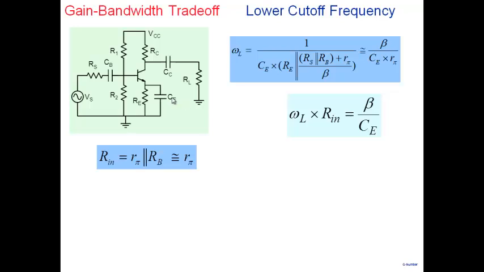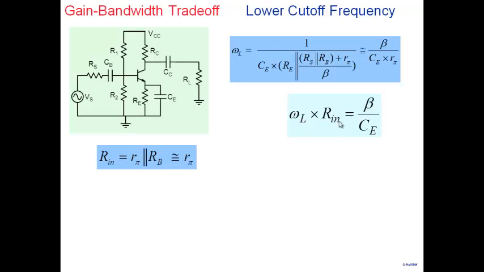We are saying there's an upper limit to how large a CE you will use, because the larger capacitors become bulky, and you don't want to use 1,000 microfarad. It's a huge capacitor, you don't want to do that. So there's an upper limit on CE. Whatever that upper limit is for you, keep that there. So the right hand side is then a constant, depending on how large a CE you can potentially use. Beta by CE is a constant, and therefore, is there a trade-off